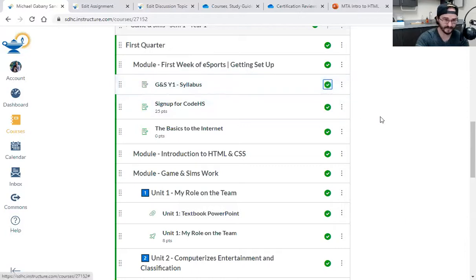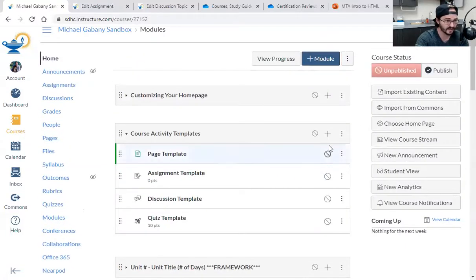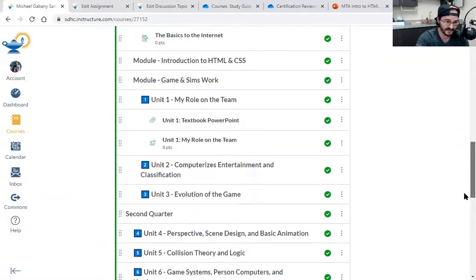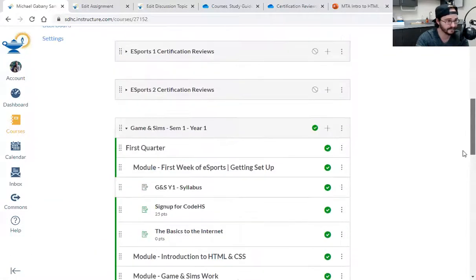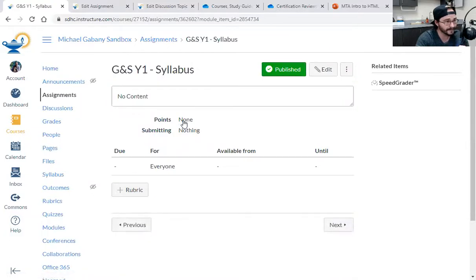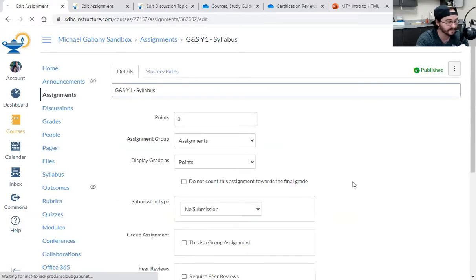Make sure that anything you want to double check, you click publish. There's nothing else that should be published. That page template, nothing else should be published. Guys, don't publish anything yet unless you want to double check it. Okay. I'm gonna show you why after we get done building this. I built it. It's a page. Let's go. Edit time. No content in here. There's no rubric. There's no points. No submitting. Okay. Probably got to edit it.